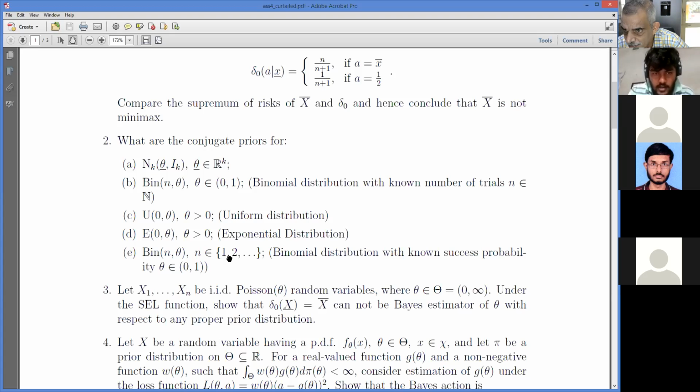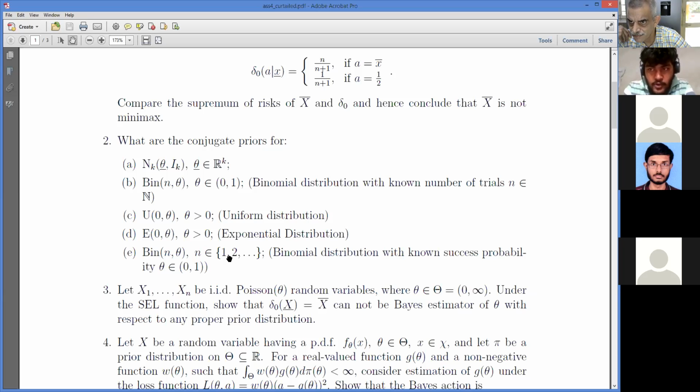Sir, why wouldn't we consider the joint distribution of the sample? Joint distribution of the sample means? Means if we have x1, x2, xn, then we have to consider the joint. It wouldn't matter because for binomial, again, it would be theta to the power summation xi, 1 minus theta to the power n minus summation xi. Summation xi is constant, right? Yes, sir, but theta to the power n only would come there also, right? Even if you have a sample.